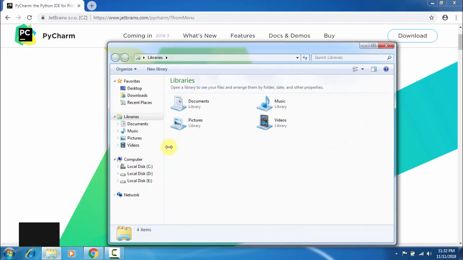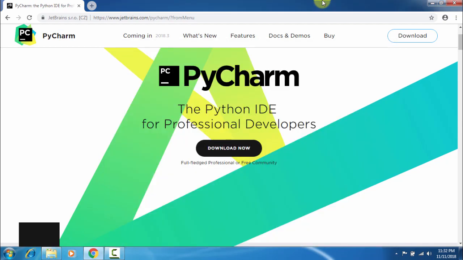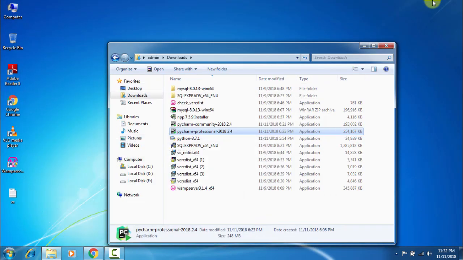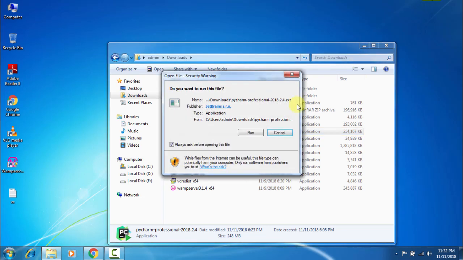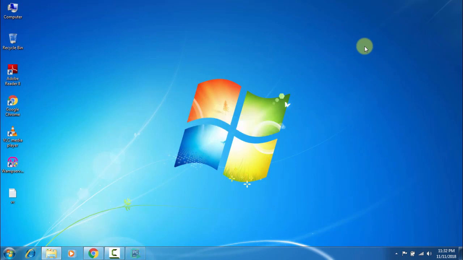Once the download is completed, go to the download page, double click on PyCharm Professional. There are two versions available. One is professional and one is the community edition, which is absolutely free. In this video, you are seeing the professional installation. Once you double click on the PyCharm Professional,